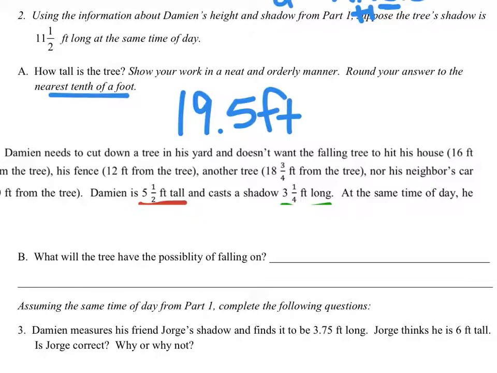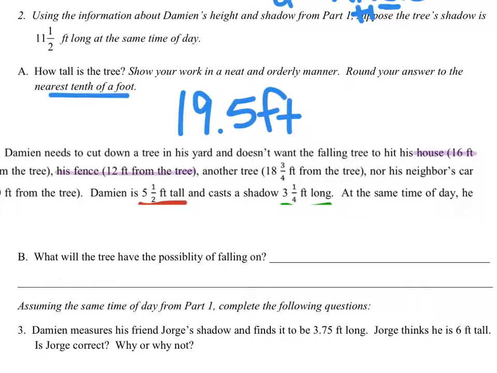Alright, now remember from number 1, this tells us how far everything was from the tree. So if it had those dimensions, now it's 19.5 feet tall. So it's definitely going to fall on the house. It's bigger than the last one. So all the same things that it would fall on, it's still going to fall on, such as the house